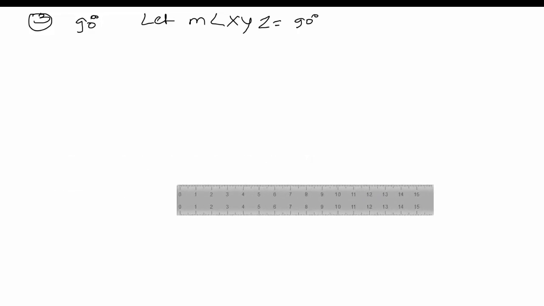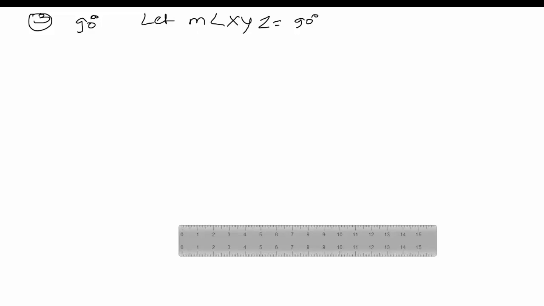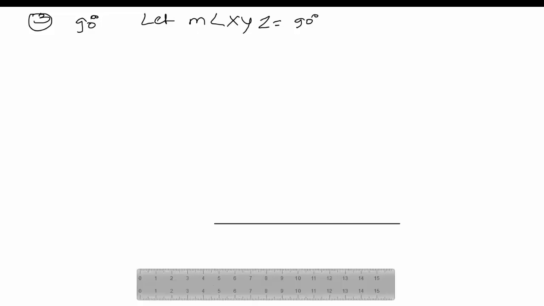The next example number 3, 90 degrees angle. Measure the angle of 90 degrees. Let measure of angle XYZ be equal to 90 degrees. Here Y is the vertex of angle. First draw this one, the vertex of angle, Y is the vertex of angle and Z is any point on the